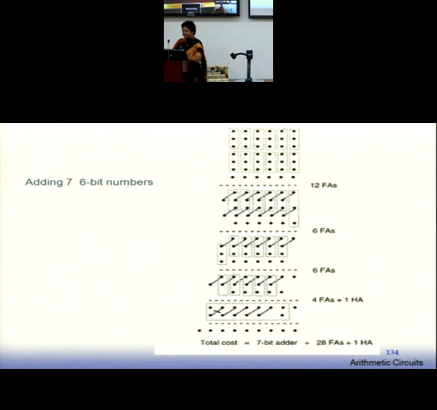Sometimes people simply use a carry propagate adder or simple RCA at the last step, because there are only 2 bit numbers which are getting added. So at the last step, I can even use a ripple carry adder. But if the bit length is very large, n is very large, here n is 6, but if n is very large, RCA will take a lot of time.